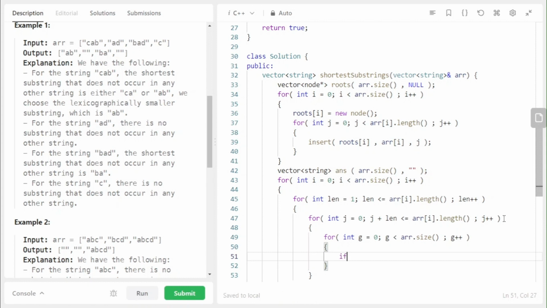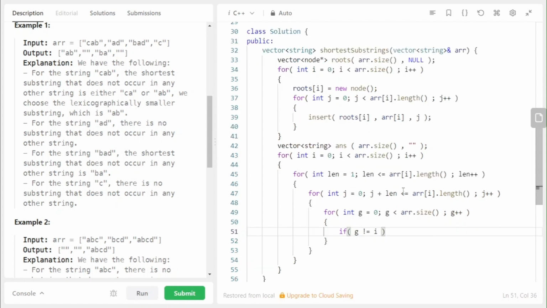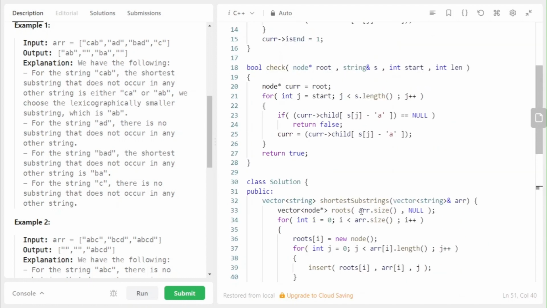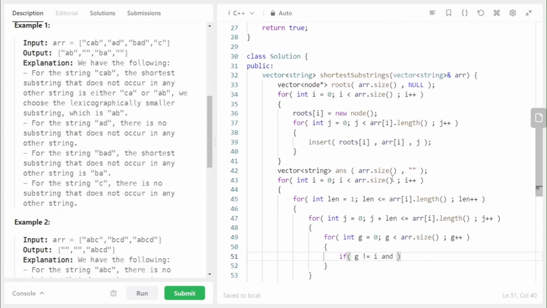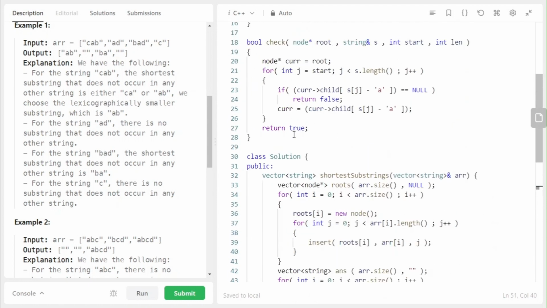If g not equal to i, because we shouldn't check in the try belonging to that substring itself. And this check function should return false, right? In case it returns true,